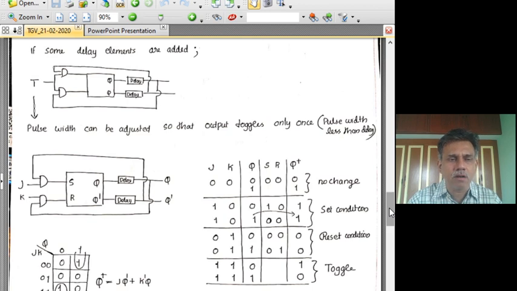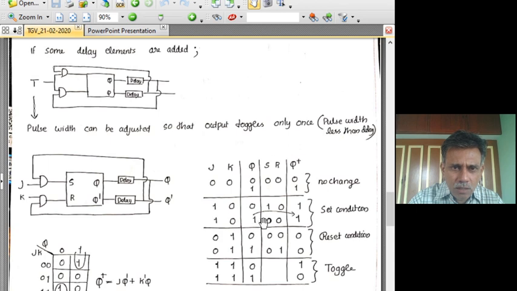Now we will stop this lecture by coming up with the characteristic equation of this latch. What we mean by the characteristic equation is, what is the equation characterizing the functionality of the latch? That is, how do we write the output of the latch in terms of the input and the state? So we know that Q plus is a function of J, K and Q. So we will have a 3 variable K map to derive the function of Q plus.